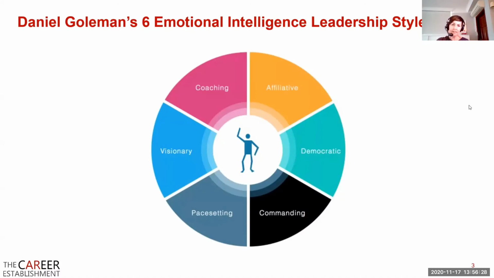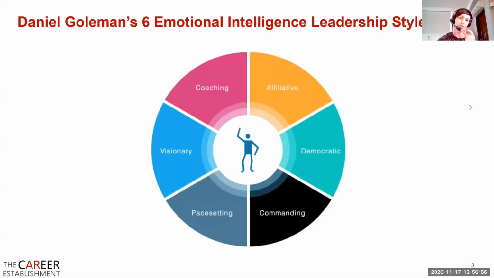The democratic one, I'm a huge fan of the democratic one for certain situations. I think when a team are brainstorming different ideas or a different direction, democratic, especially for experienced people, is fantastic to be asking their input, because you're going to get more buy-in, more commitment from them if they also are able to provide that information. But again, if you've got a group of graduate recruiters in your team, democratic isn't always the best way of going, because it isn't a democracy. Someone does have to take a lead and take action.